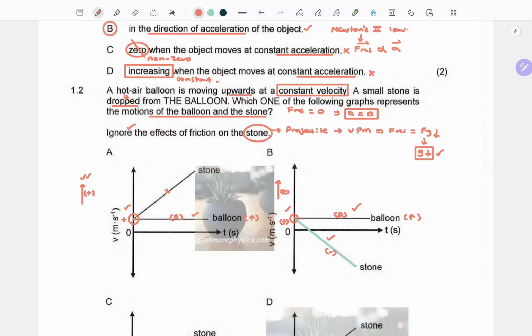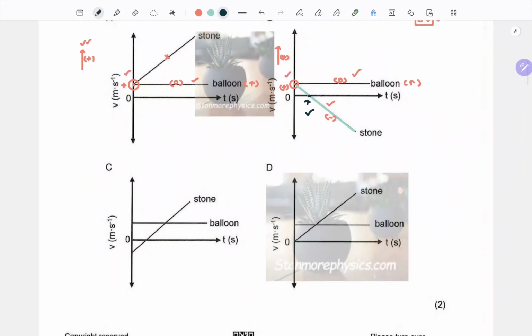This one is good because we also know that at maximum height, the velocity decelerated from that of the balloon to 0 before it started accelerating downwards until it hits the ground, if it does. So this portion here also is capturing that fact. So option B ticks all the boxes, but remember, there's usually a catch. Whenever you've got a graph, you have to sit down and think about it. So don't answer questions on graphs carelessly when they are complex in nature.